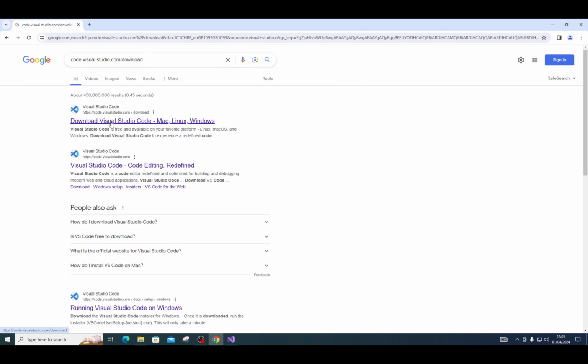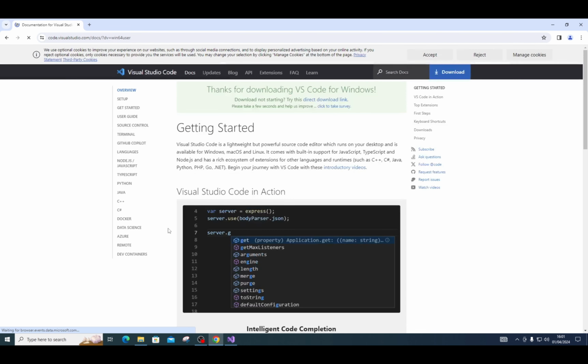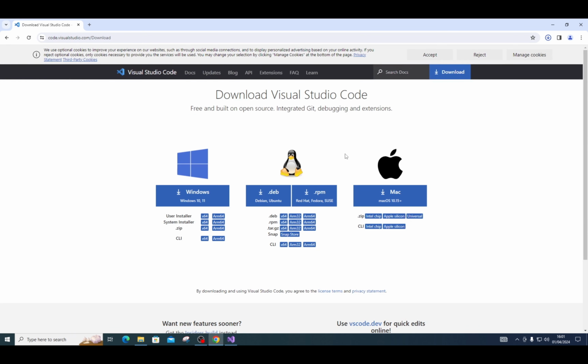So download Visual Studio Code for the Mac, Linux, and Windows. Click that first result, and then you have the option to download whichever you want. Obviously, I'm running Windows, so I'm gonna install one of these. I click download,